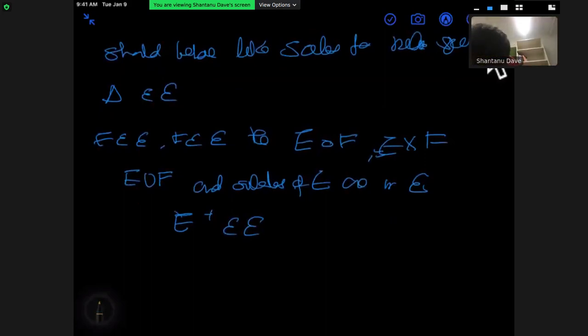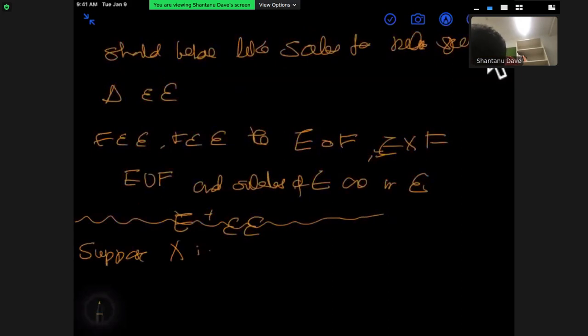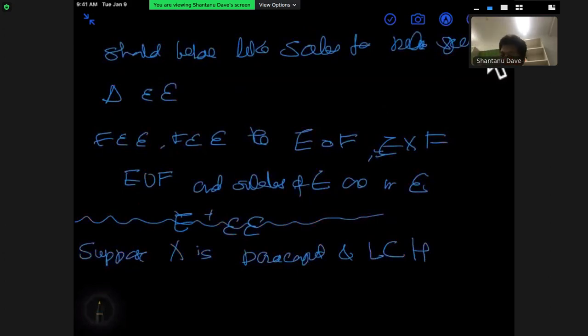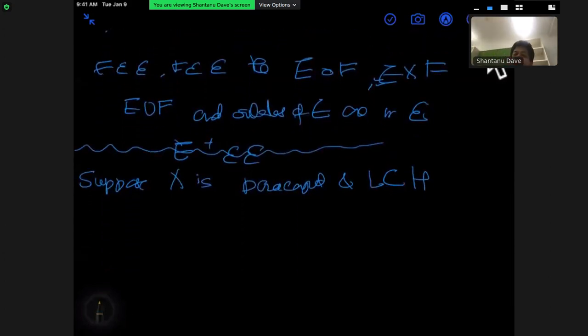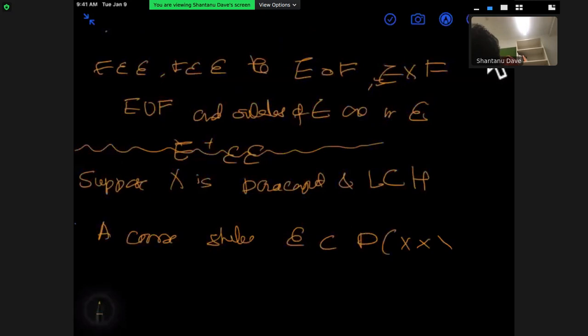So now, instead of just saying it's a set X, suppose X is paracompact and locally compact Hausdorff. LCH is locally compact Hausdorff. As soon as you write locally compact Hausdorff, you can use your theorem of converting this space into the space of continuous functions, right? So that is another advantage of it. So suppose that X is this thing, then a coarse structure, that is some collection of subsets of the power set of X cross X, is proper if